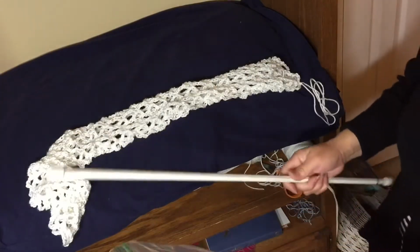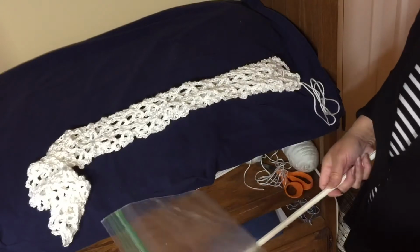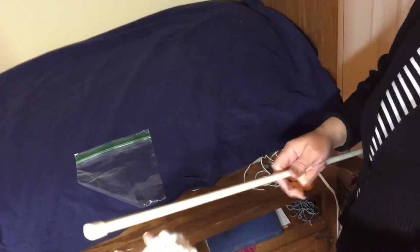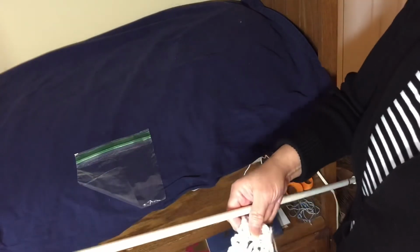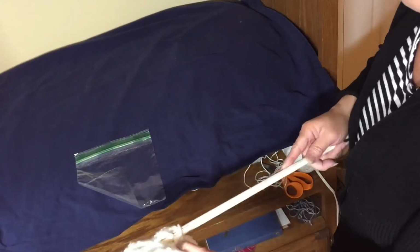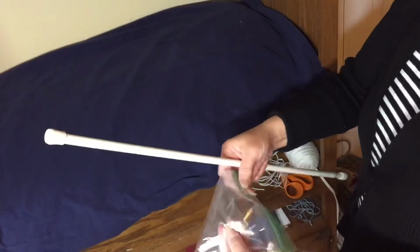So friends, what can you do with a sandwich plastic bag? Here's what you can do with it. In this project that I'm making, I need to thread this rod onto this crocheted mesh that's full of holes. It will not be easy because of the holes, and the tip of the rod will tend to catch onto every hole there is. See what I mean? So what I need to do is to cover the tip of the rod